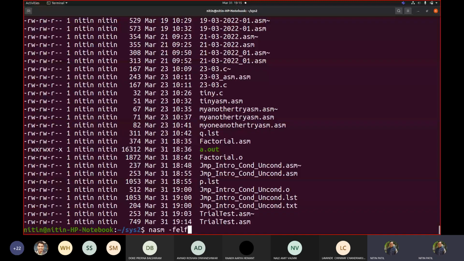asm-plf 32 trial test.asm-l, trial test.lst,